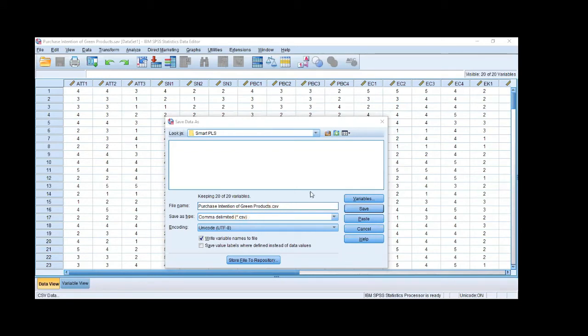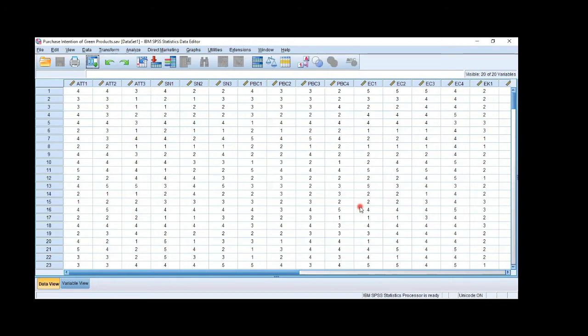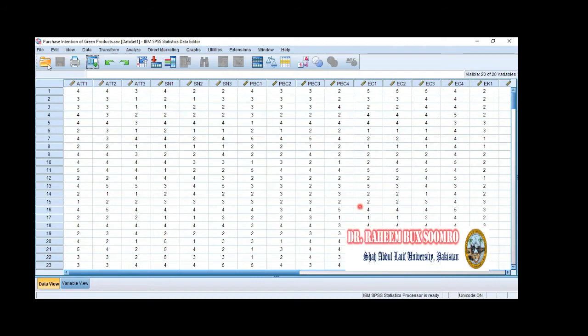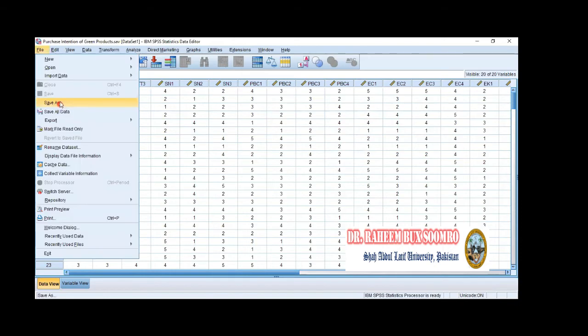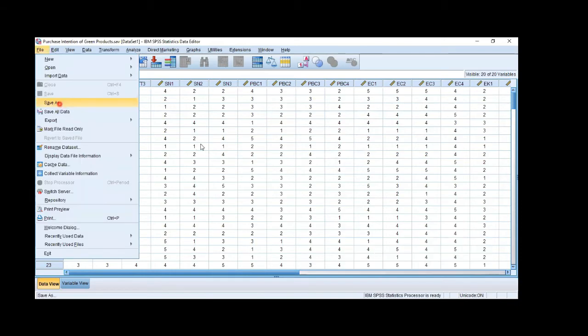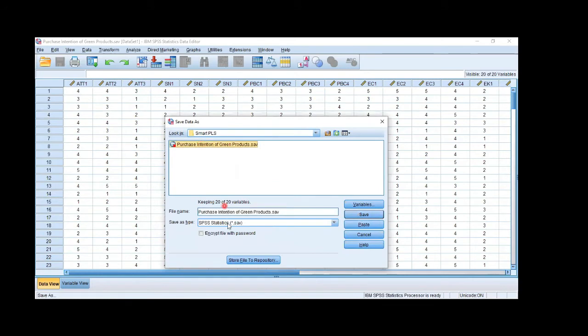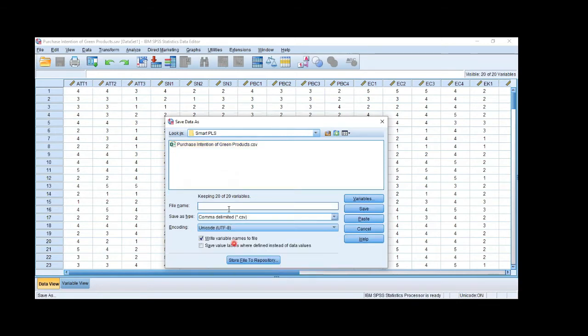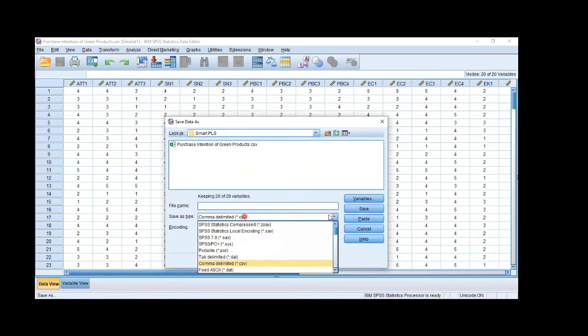Now what we have to do is very simple: just save it in our desired place. We just save it. Now the same file is in .csv. Alternatively, you can also do it, that's very easy too: go into Save As, where this file is, and then in Save as type, change its type. Right now its type is .sav; change it and find CSV. When you do this, it will tell you to provide a new name to this file, and then the extension is .csv. So we have already done the job. But this is another tool which I have told you about.